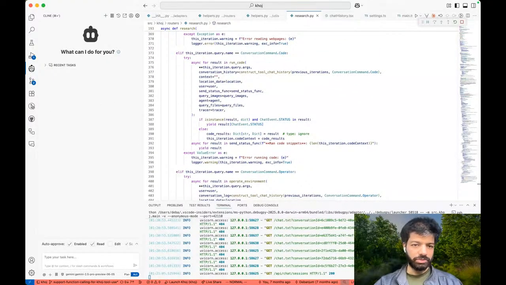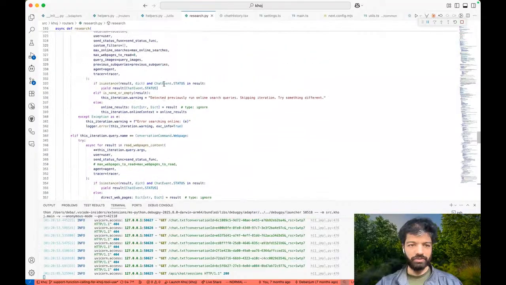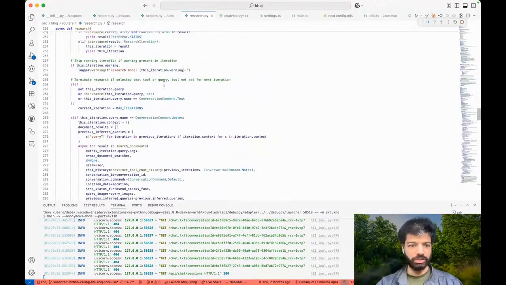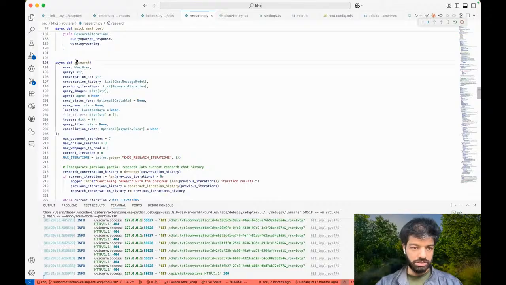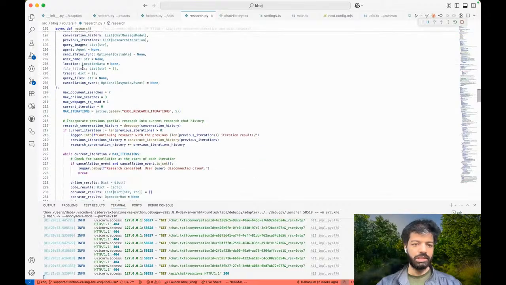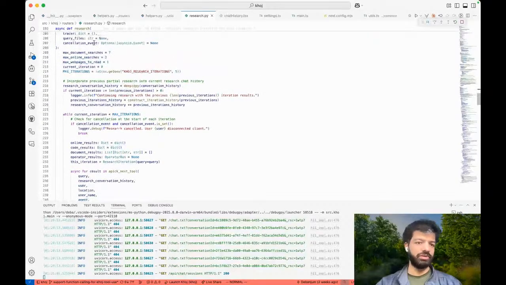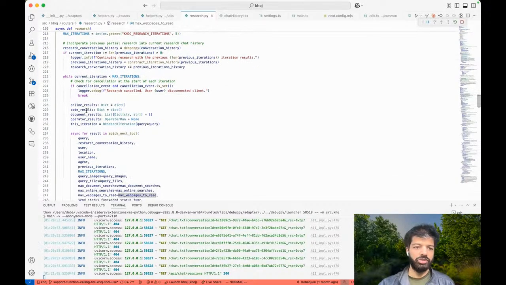There's a bunch of code here, but mostly if you glaze your eyes a bit, you will see this is the entry point of research mode. There is some setup here for a number of documents it can look up, online searches, and so on. And then you enter this main loop, this while current iteration and max iteration bit, right? Yeah, this part.